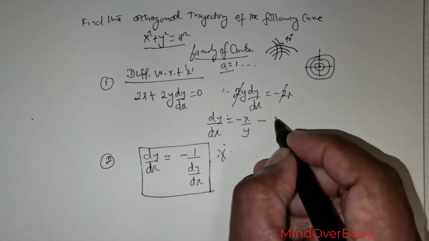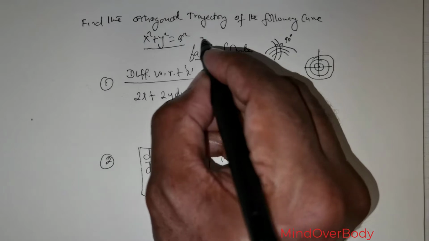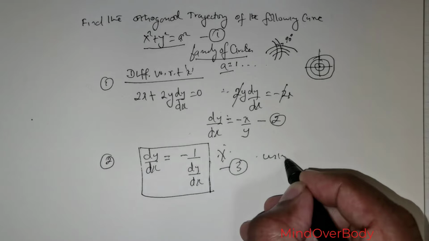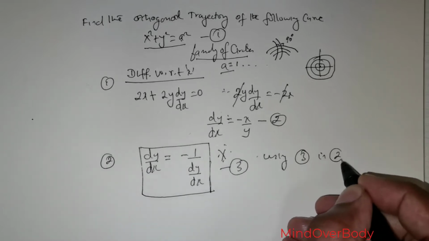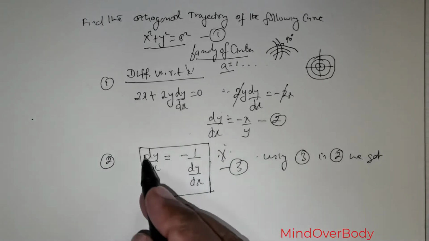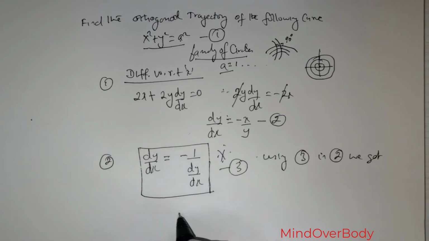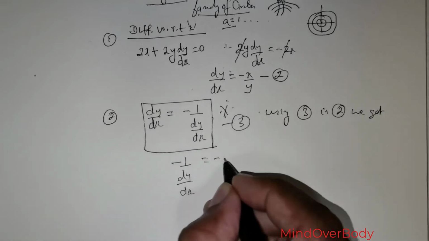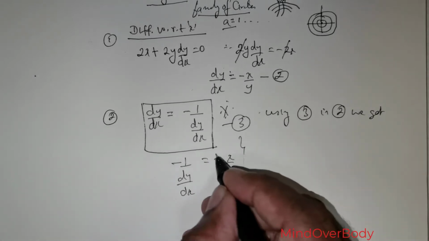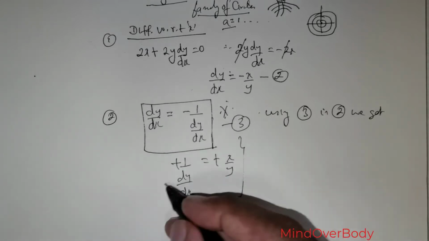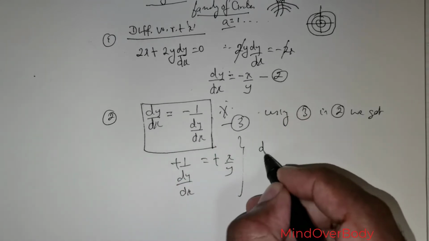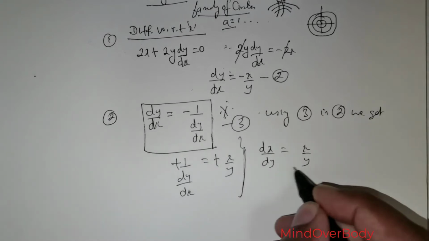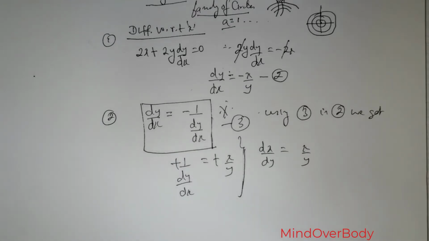So if I take this as 2, and this as 1, and this as 3, then using 3 in 2, in place of dy over dx I'm going to use negative 1 over dy over dx, which is equal to negative x over y. Of course the two negatives will become positive, so now I can flip this. When I flip it, I get dx over dy is equal to x over y, and this can be solved